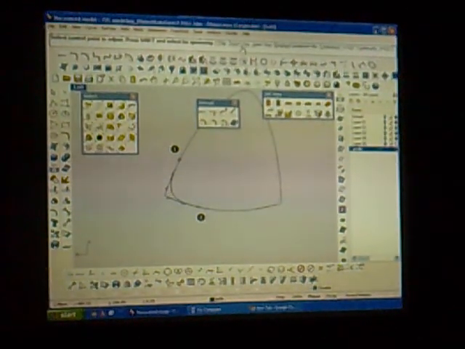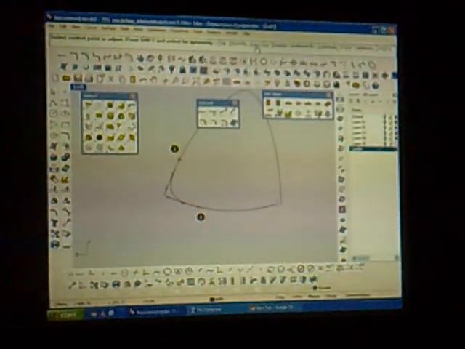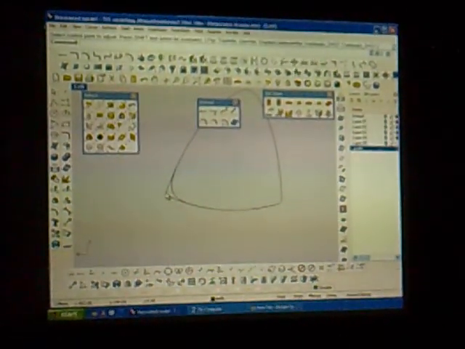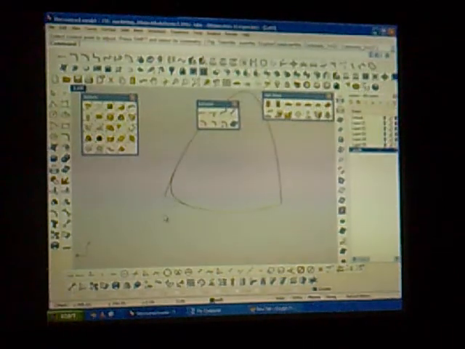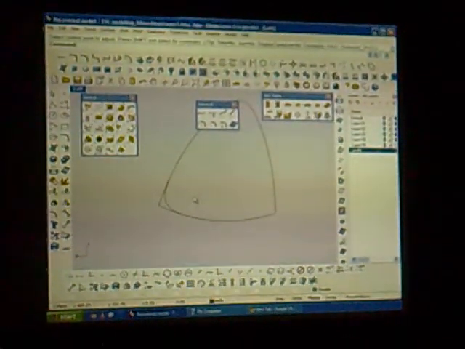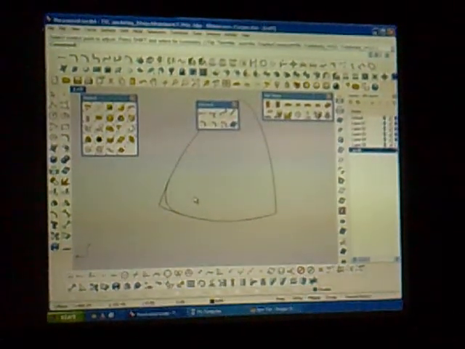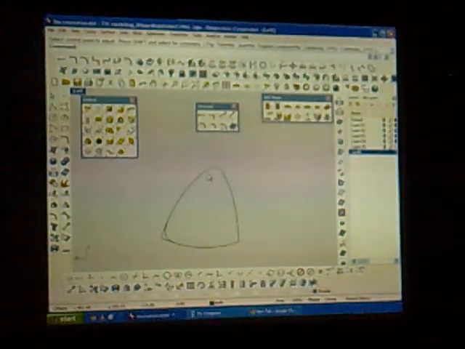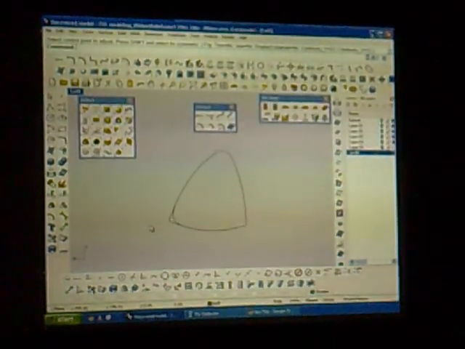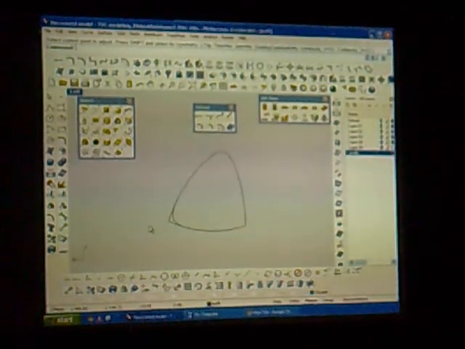This time we will say trim no, we will say join no, okay, and say enter. Now I have this curve and this curve as the original ones, and this trim curve also there, right? So I need a set of curves from you which is like this, and a set of curves from you which is like this. Correct? So the same original set with the extended curves, get it.